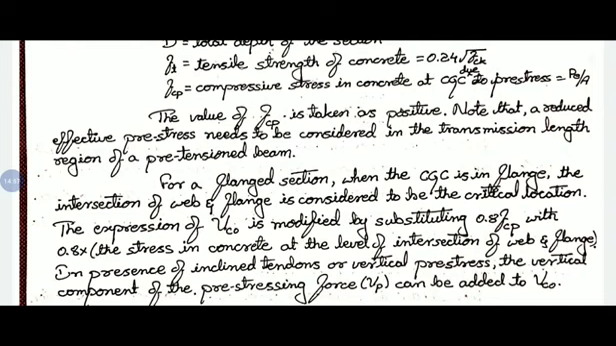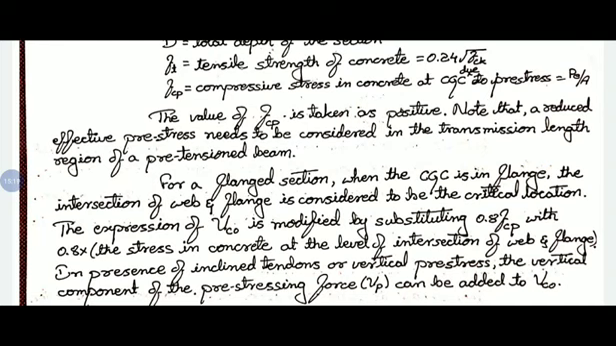The junction or the joint of web to the flange, that portion we consider as the critical section. So the expression of VCO is modified by substituting 0.8 FCP with 0.8 times the stress in concrete at the level of intersection of the web and flange. So we will calculate FT, FB; we need to calculate FB at the level of the junction of flange